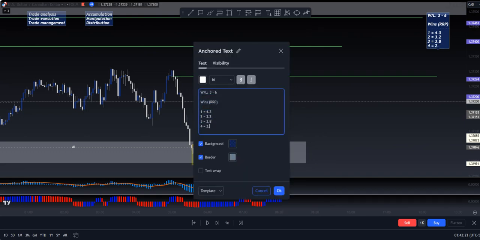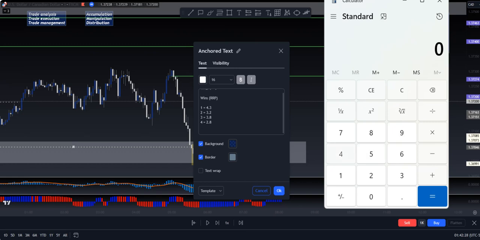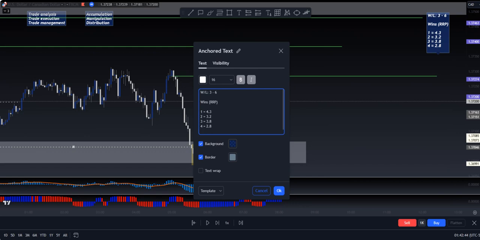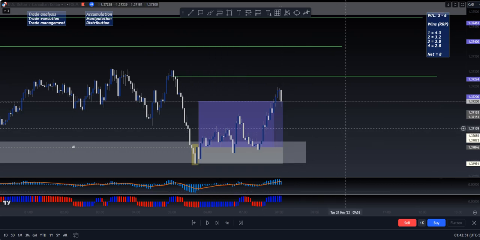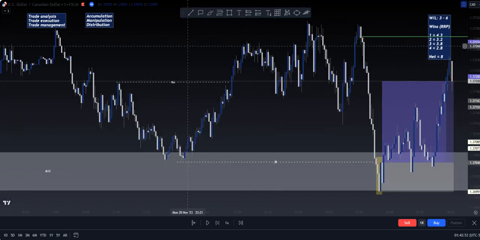That equals 2.8. And so let's go ahead and sum this up. And we get a total net profit. So 4.3 plus 3.2 plus 3.8 plus 2.8. So in total, that's 14 points profit, minus 6, gives us a net profit of 8. So if I risked $1,000, I would have made $8,000